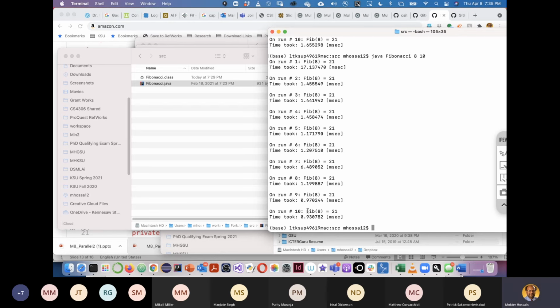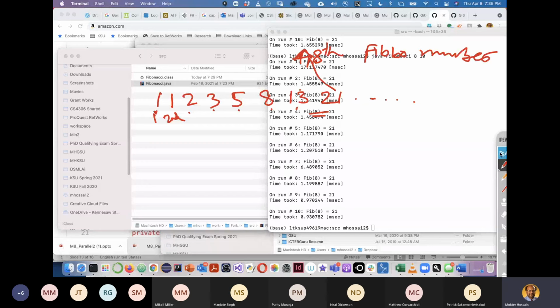Do you have any idea why I'm getting different timing? The executions are just finishing differently on the different threads? Yes. So, as we discussed, our threads are